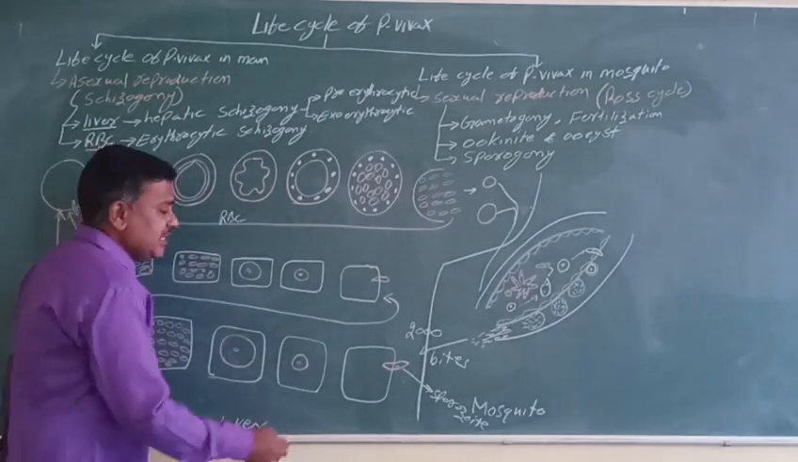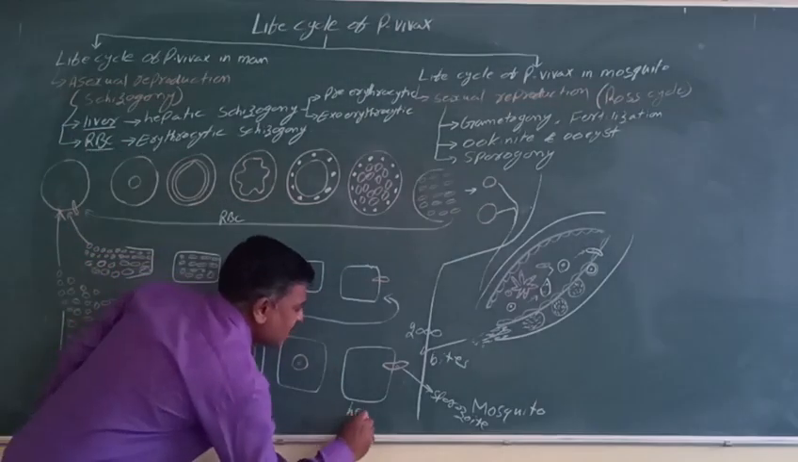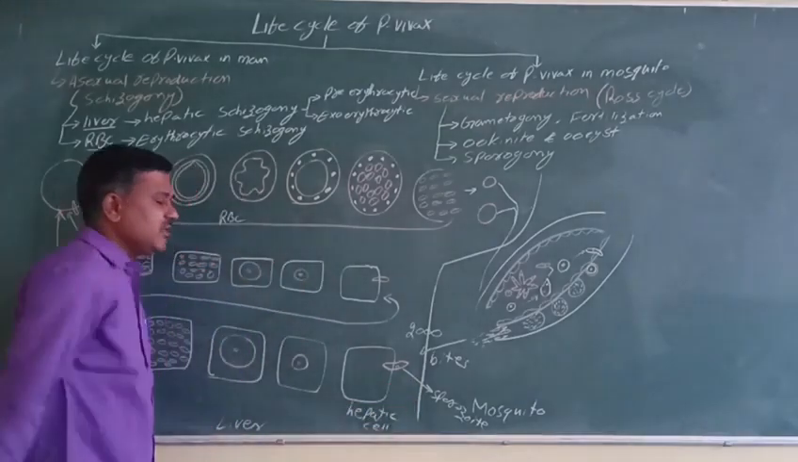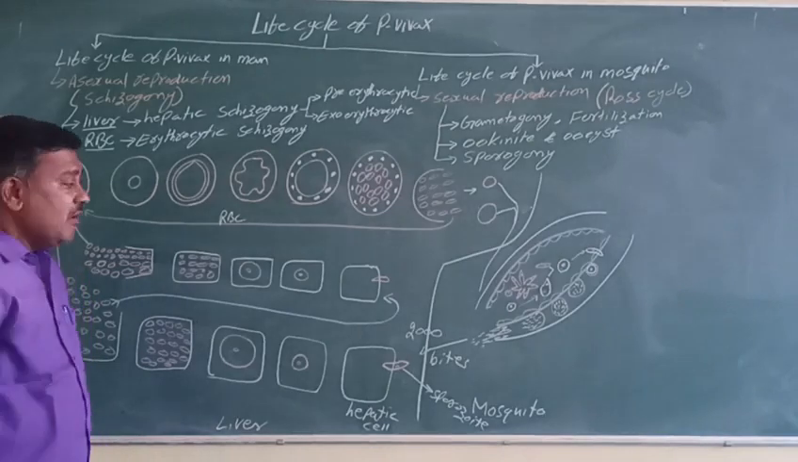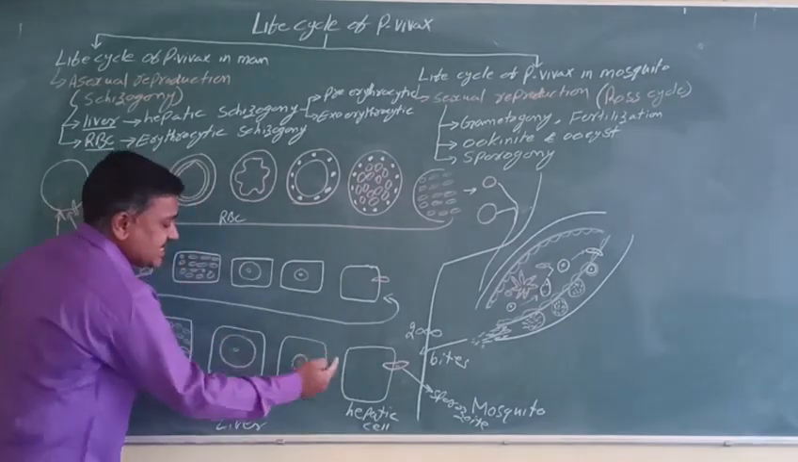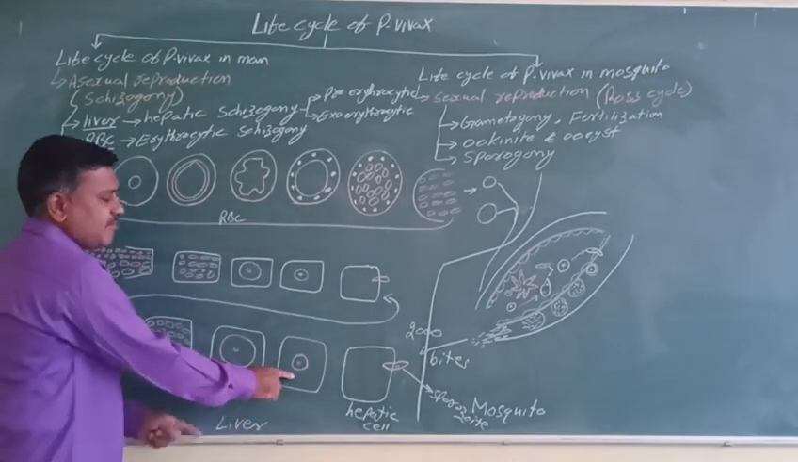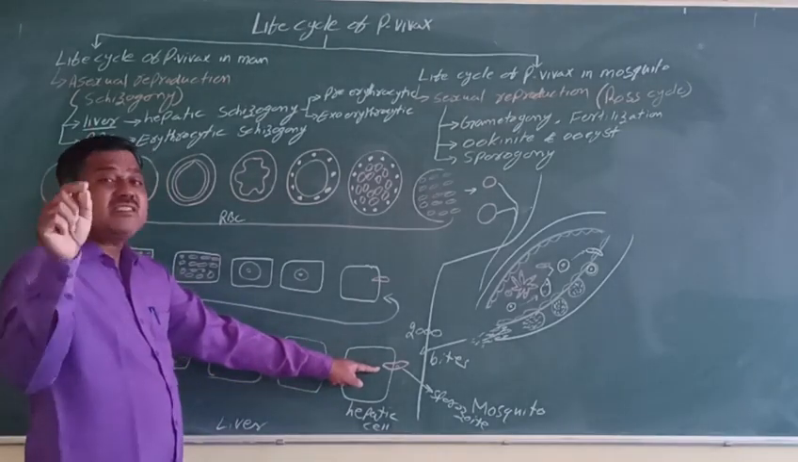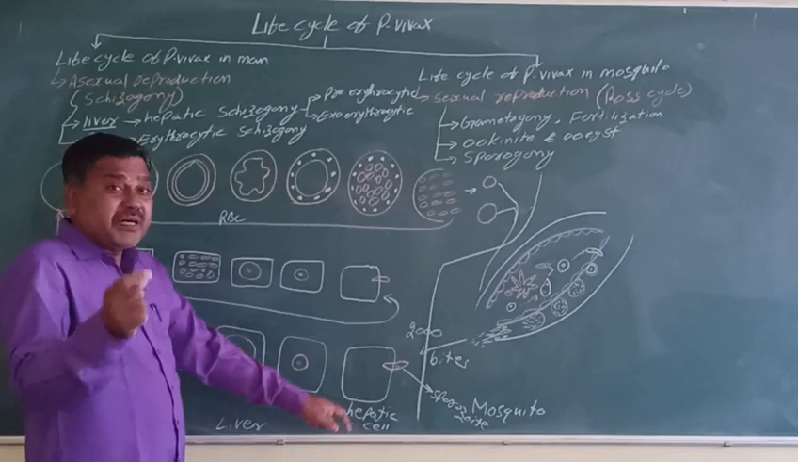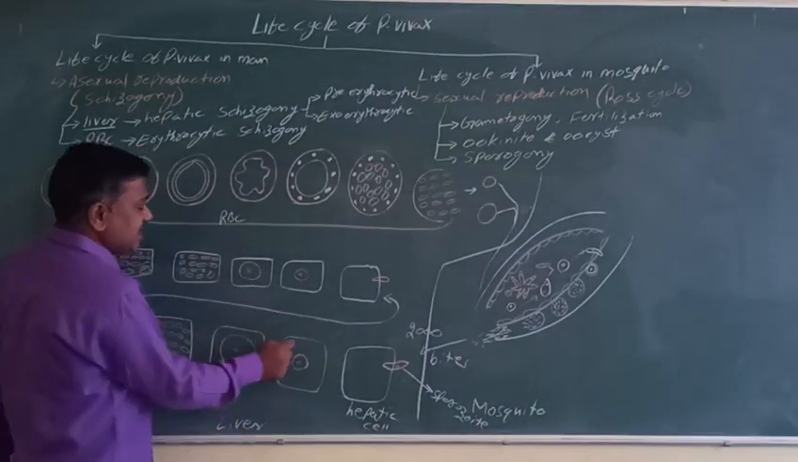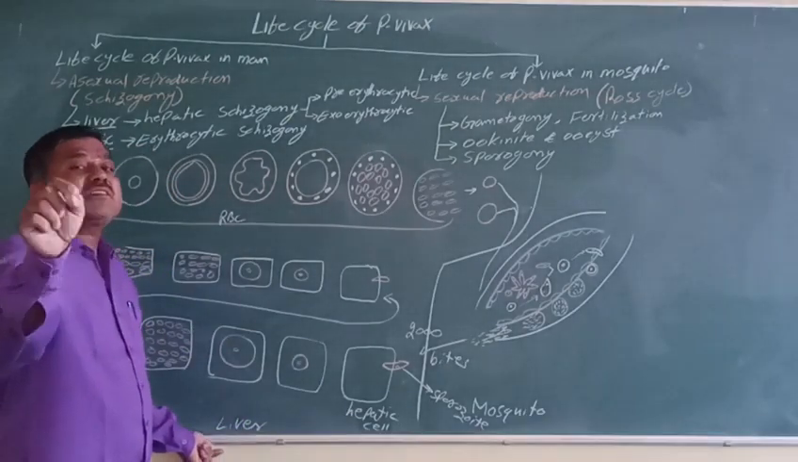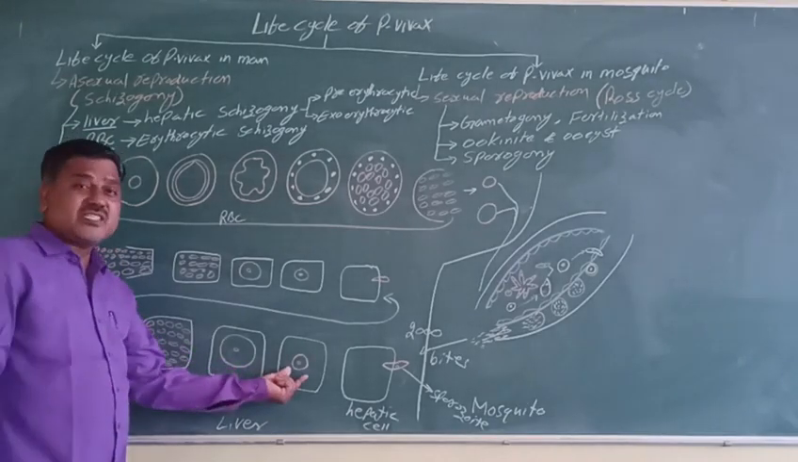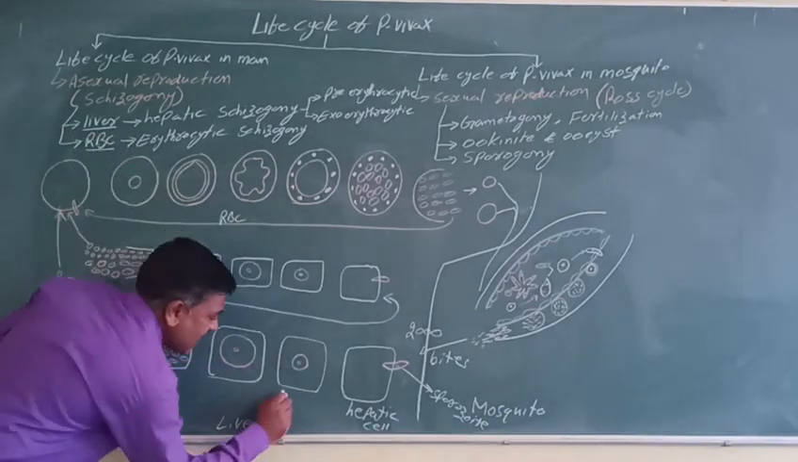Infect the liver cell, which we call the hepatic cell. When this sporozoite enters the hepatic cell, it changes: the sporozoite is sickle shaped in structure, but when it enters the liver cell, it becomes circular. At this stage, it is called